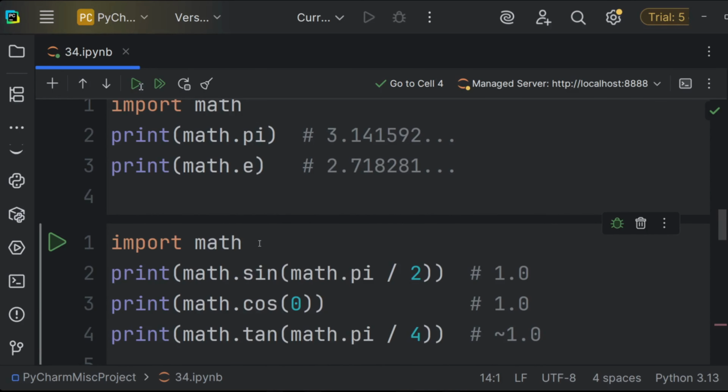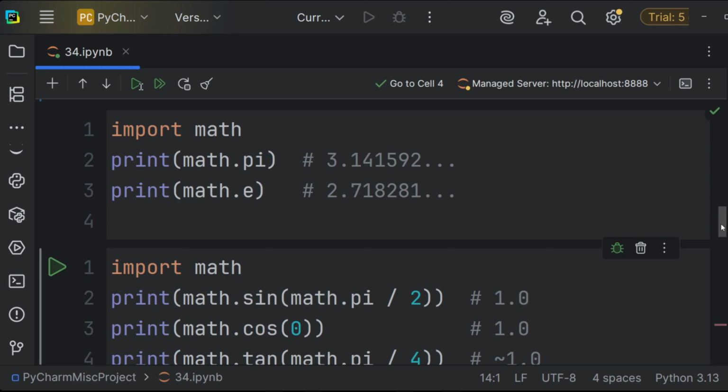Now, the next thing is not exactly a function, but it is a constant. As you know, math has many constants. But in this math module, the 2 most prominent ones are pi, 3.14159, and Euler's number, 2.718281.